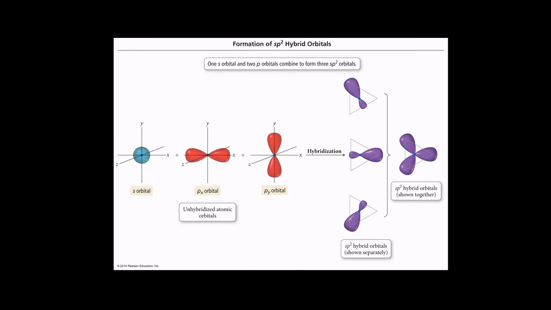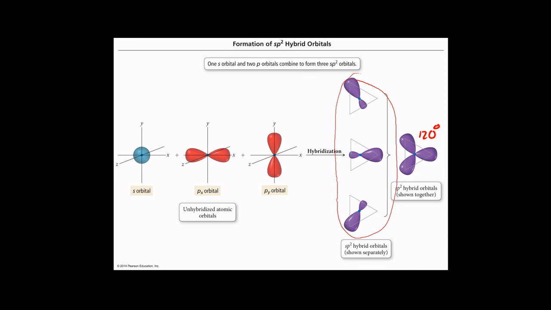Same type of thing here with sp2, where we have 3 hybridized orbitals. Take the s orbital, 2 p orbitals, add those together. That gives us 3 new hybridized orbitals that are all 120 degrees apart, which matches perfectly with our trigonal planar